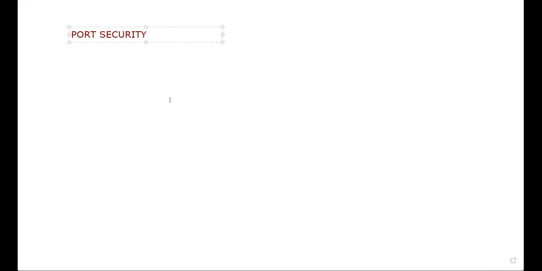Okay, so today we are going to discuss one of the security topics, and the name of the topic is port security. Port security is a process that can be used on a layer 2 switch for binding the MAC address. If you want to learn what port security is,